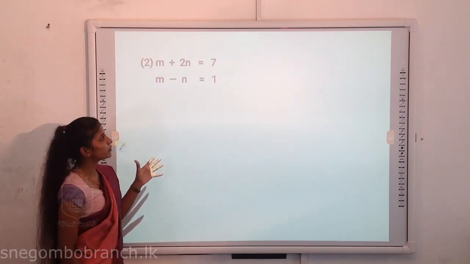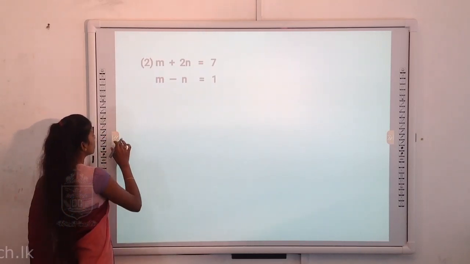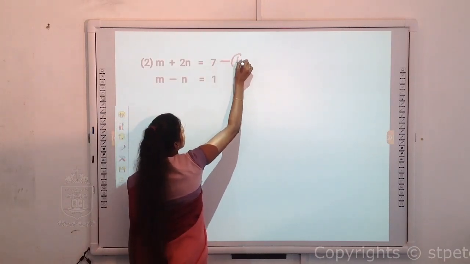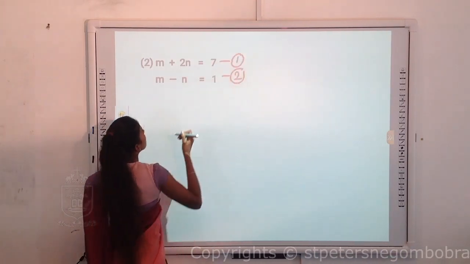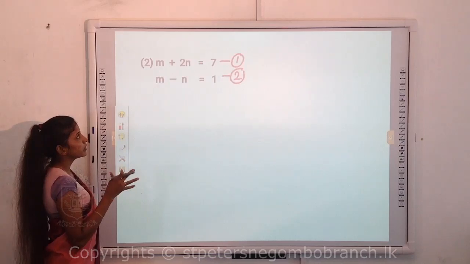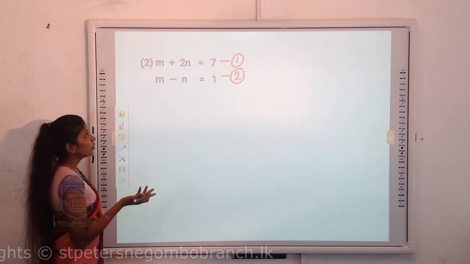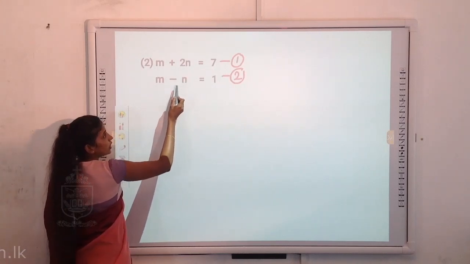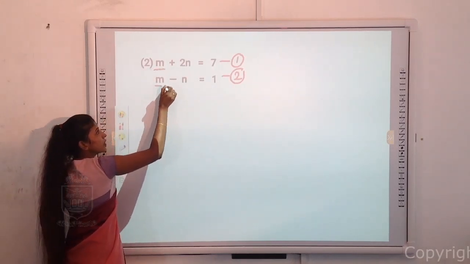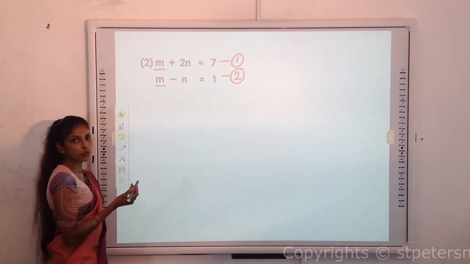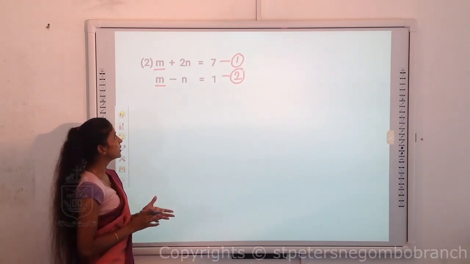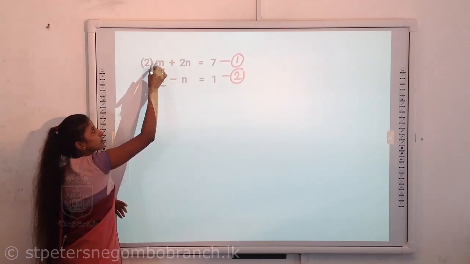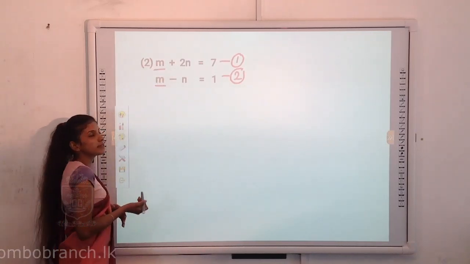So what you are going to do, first name the two equations as 1 and 2. So I'm going to name this as the first equation, this as the second equation. So what's our next step? You have to identify the common unknown term. This is not common. This is having 2 and this is having only 1. But you all can see here you have m and n. Both are having the same unknown term. So now here both are having plus. Here also plus, here also plus n.